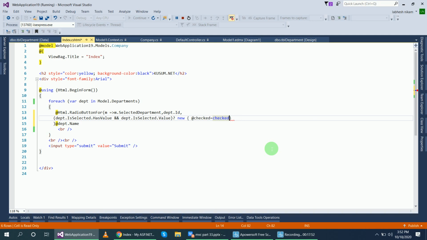Okay, and if these values are not selected, then return null.